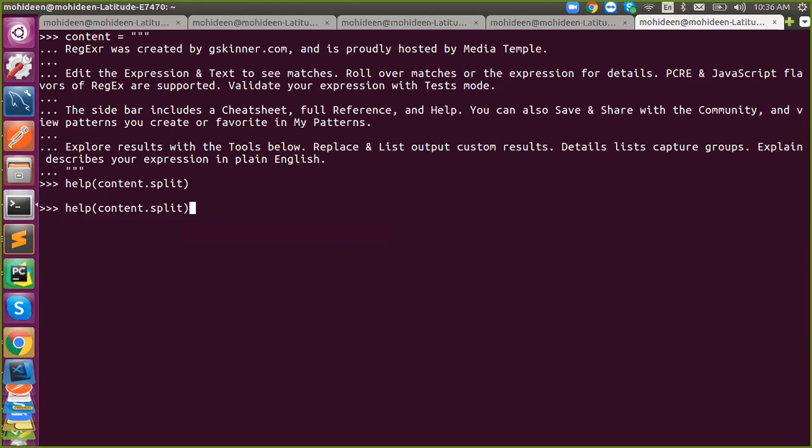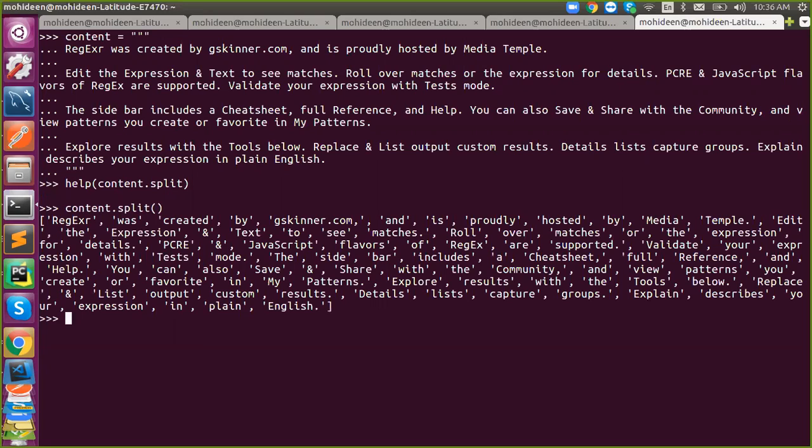So you don't need to give that. By default it will be space, so you will get each word. Now what to do? Run it in a loop. Better, we can go with one line. One line is what? List comprehension. Yeah.